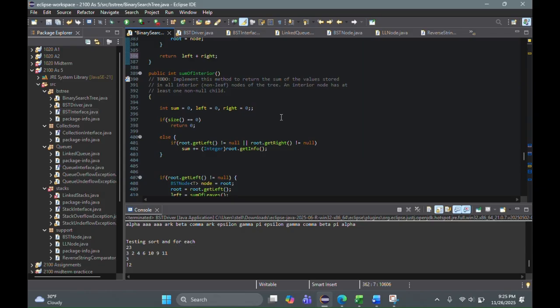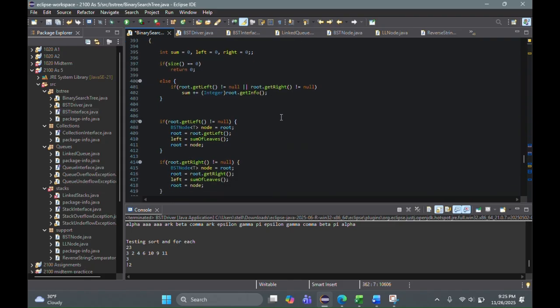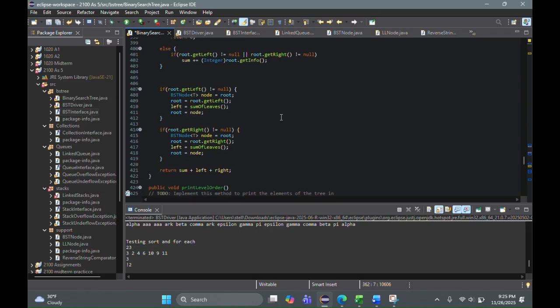Sum of the interior is very similar, except I have the holder values sum left and right. Again, if size is 0, nothing happens. It's literally the same thing, except when you go down to the bottom, you're adding up sum left and sum right, because as you can see in this else statement, it's taking all of those values that are not null, aka the inside of the tree,